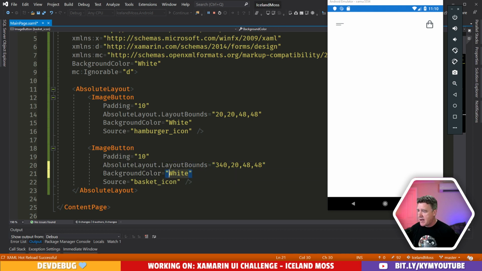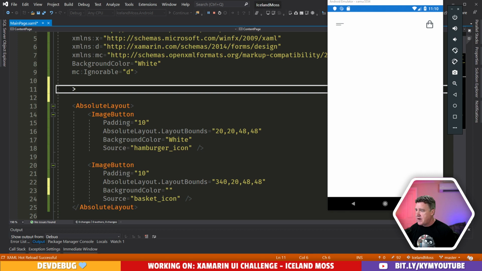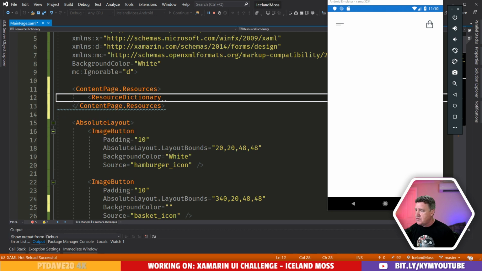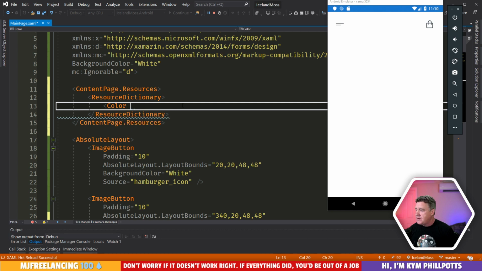Let's give this a background color of, and we'll add a resource dictionary in here. And we'll throw a color in here. Oops, hang on a second. Got somebody visiting. Just some people here. Anyway, cool. All right. Give this a key. We'll call this